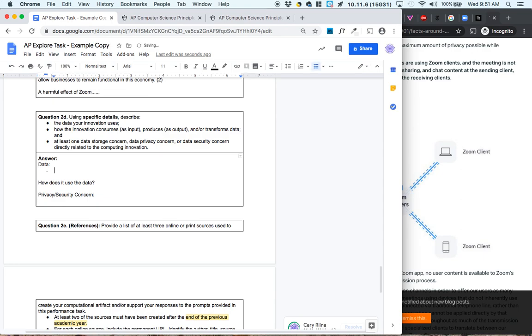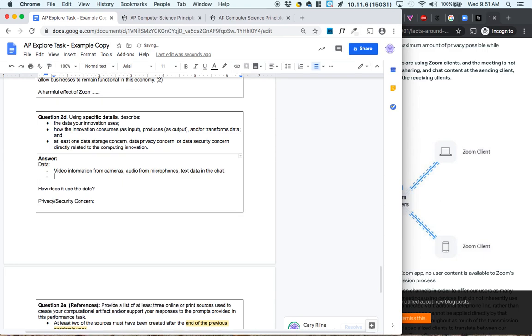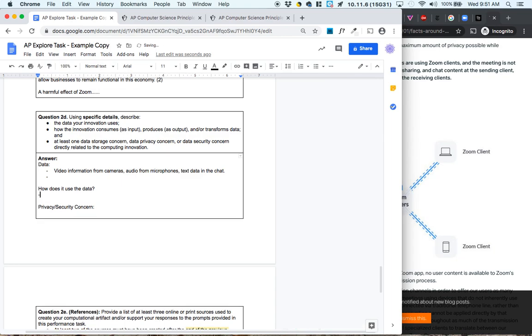All right, so we're starting to get at what the data is, right? So the data is video information from cameras. It's also audio from microphones. There's text data in the chat. This data needs to be transmitted. Okay, that seems like how does it use the data? So the Zoom transmits the data using the internet so that all members